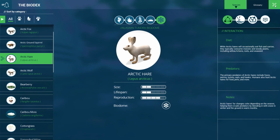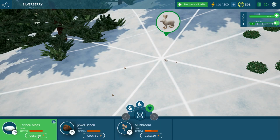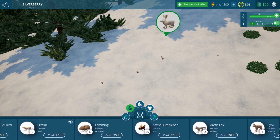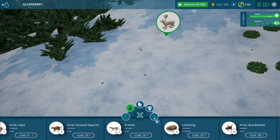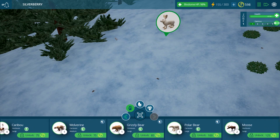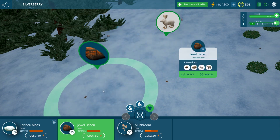Seaweed? Oh my gosh, I just learned so much, seaweed eating hares. What? That's amazing. But they like lichen, so they like moss and lichen. I don't think they can eat the poison. Yeah, the poison one. Let's check, because we can go over and look at the Arctic hares on our little list. Nope, they can't eat the poisonous one. Who can eat the poisonous moss? I think it's actually only maybe, I'm not sure. I was pretty sure somebody could eat the poisonous moss, but let's put down more jewel lichen then,